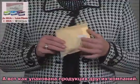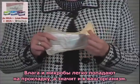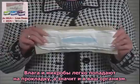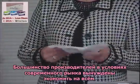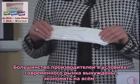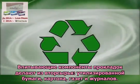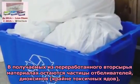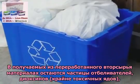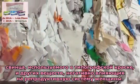in the States. And this is how the other stuff is packaged. You will see the moisture, bacteria come in contact with what will soon touch you. Most brands on today's market have a serious shortfall within their base. The absorber within consists of recycled paper, cardboard, typography of sorts such as newspapers and magazines. Presence of different bleaches, whitening compounds, dioxin, lead associated with the print inks, and other chemicals linked to the process